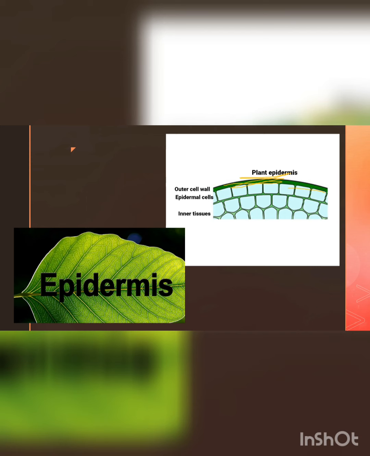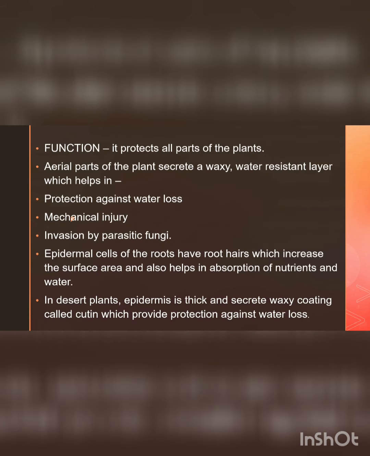Okay, so this is the epidermis, present on the surface of the leaf. Here what I was asking is why the outer wall of the epidermis is very thick. Because it has to protect the plant from different losses. It has to protect from a harsh environment, because your plant cannot walk. The plant has to stay in the particular area itself. So whatever rain is coming, the drought is coming, the high sun rays are coming, it has to protect it. So that protection is provided by your epidermis.